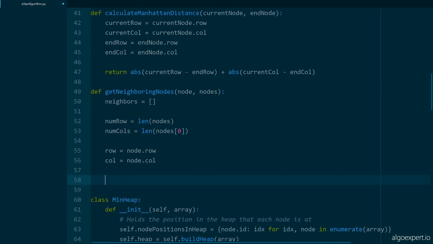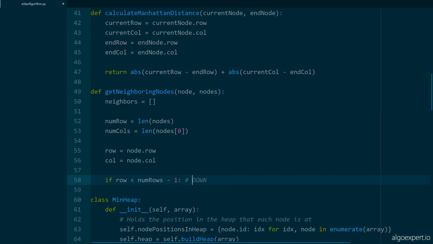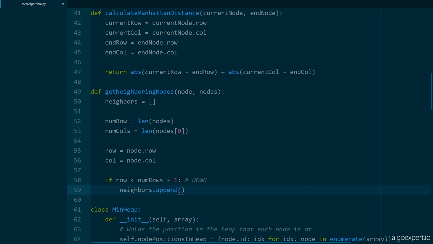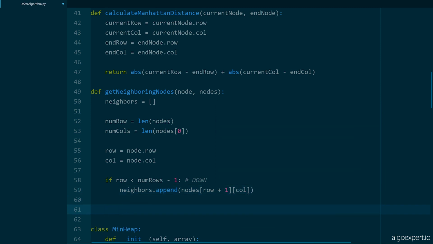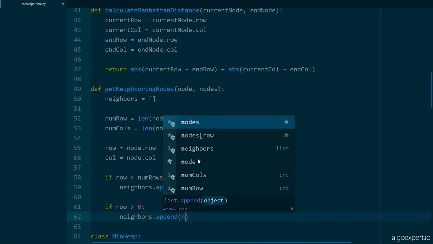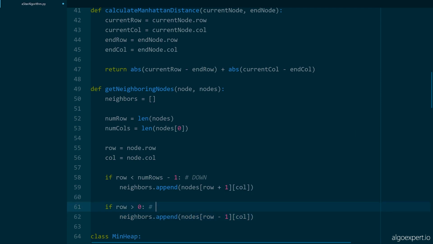And now we can start adding all of the neighbors, so checking down, up, right, and left. So if the row is less than the number of rows minus 1, then this will be our down neighbor. So we'll just do a comment there to represent that. And if that is the case, we can add that neighbor to our neighbors list. So neighbors.append, and we will simply add nodes at index row plus 1. So looking downwards, and then at index column. Next, we're going to check the up neighbor. So we're going to say if row is greater than 0, then we will say neighbors.append, and that will be nodes at row minus 1 and at index column,